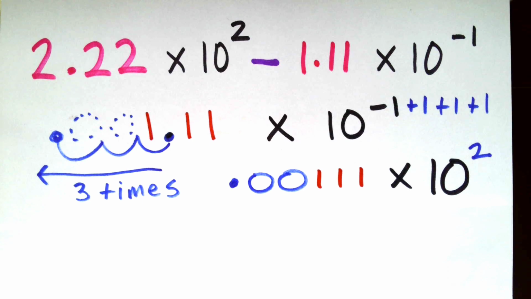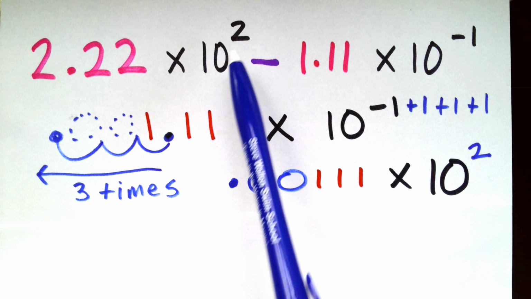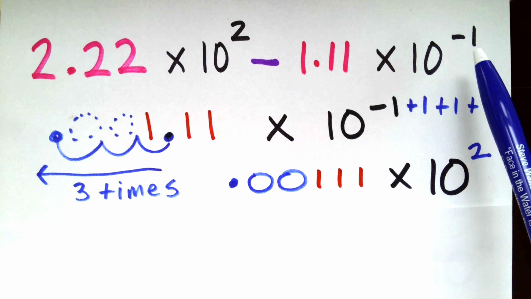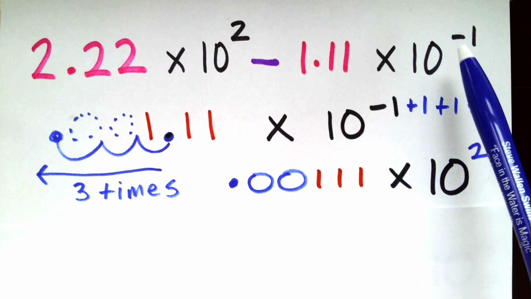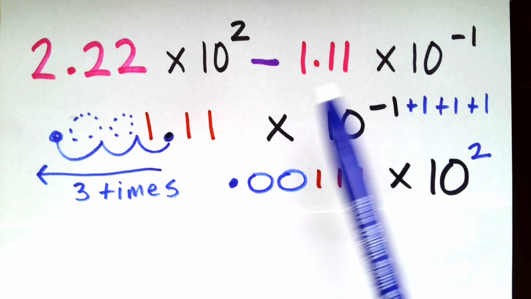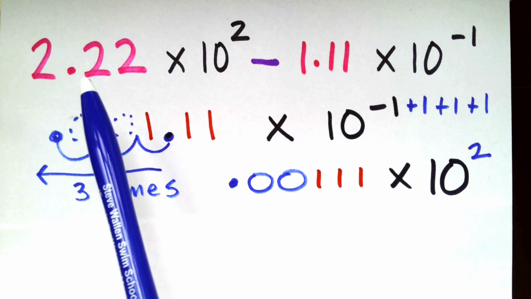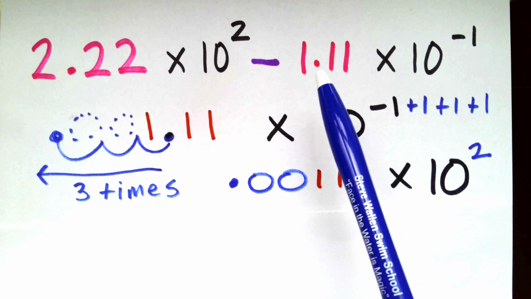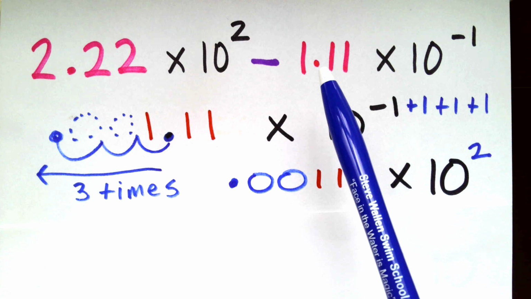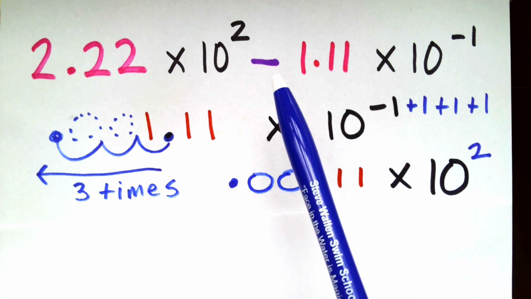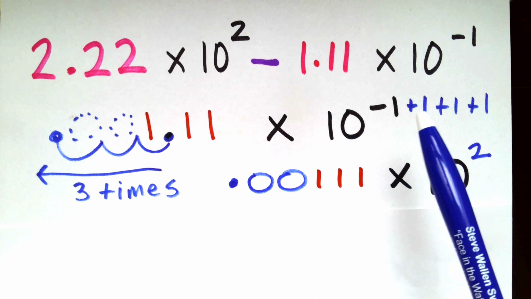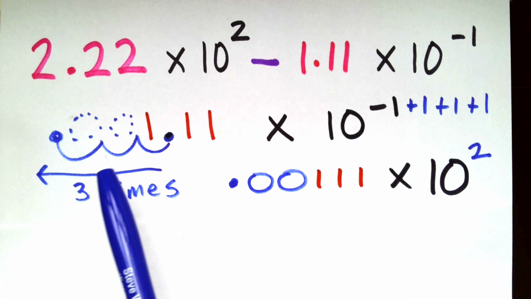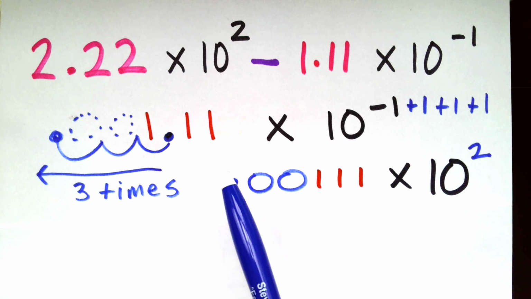Here in the second example, we had 2.22 times 10 to the second power minus 1.11 times 10 to the negative 1 power. Now, the exponents are different. So I need to manipulate either the decimal in the coefficient 2.22 or the decimal in coefficient 1.11. I've decided, since when we move the decimal to the left you add 1, as you can see down here, I'm going to move the decimal 3 times to the left. 1, 2, 3,